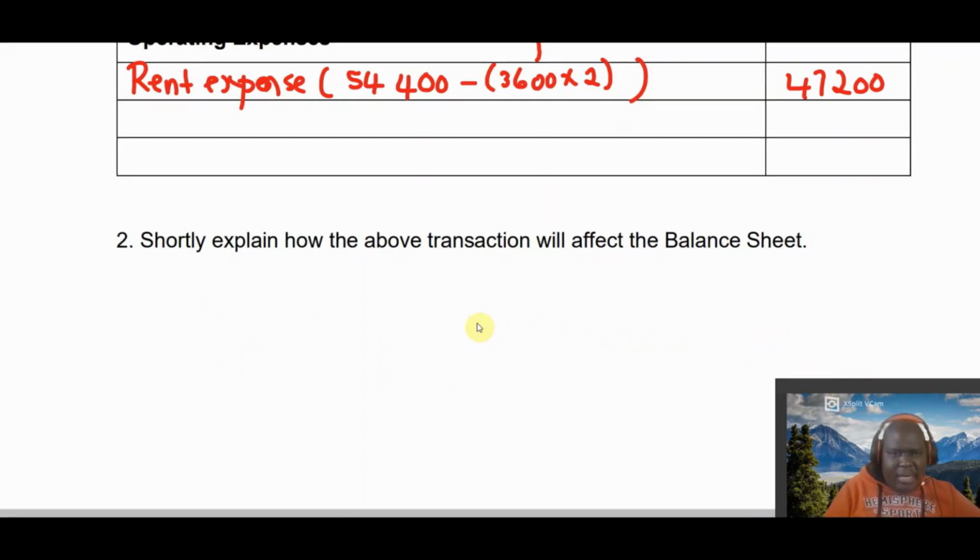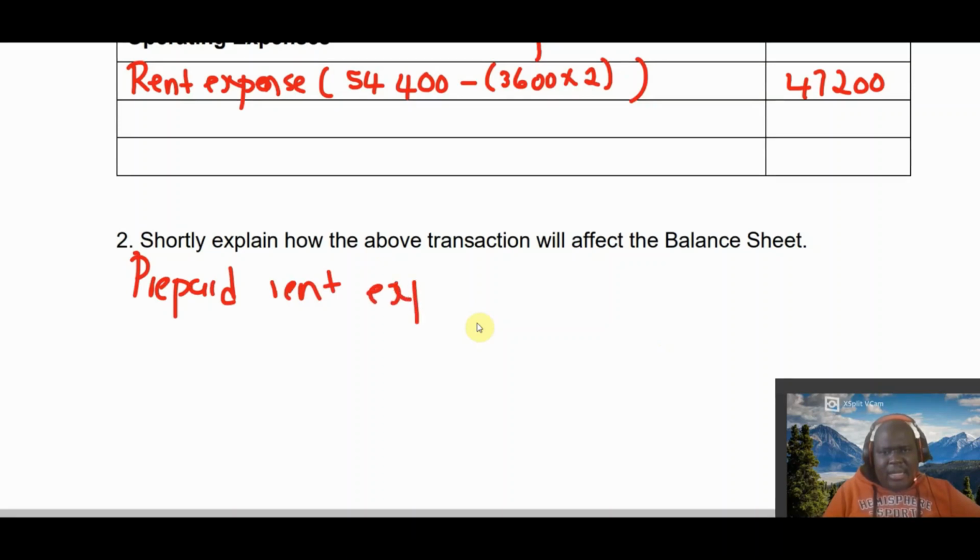So we had prepaid rent expense of 7,200, right? So now, how will this 7,200 of our prepaid rent expense affect our balance sheet? It will increase